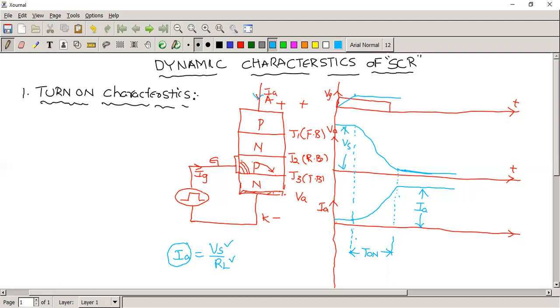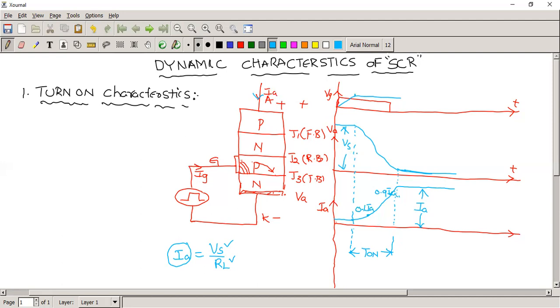Now here we are representing two points: one is 0.1 IA, another one is 0.9 IA,